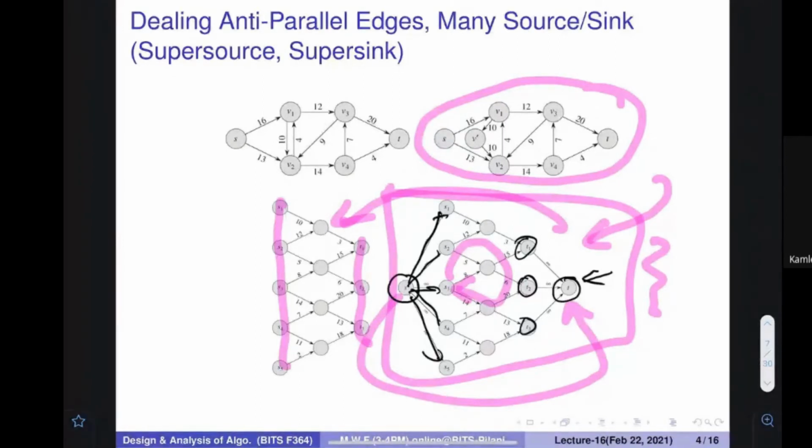We wanted to find out how things should go from source to sink. If there is a cycle, we don't have any problem. And anyway, you cannot send more into this particular cycle because there is a capacity involved, so you cannot send more than that. And in between, if something is circulating, what does it mean? Whether you are sending from source to destination, is it solving any kind of solution? The answer is no. So by circulating anything in between, it is not going to be added to the flow. Is it clear?